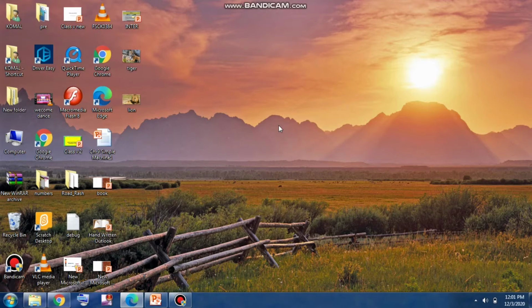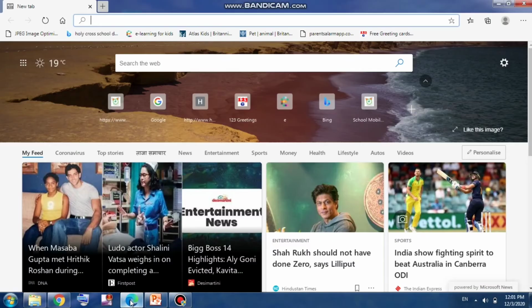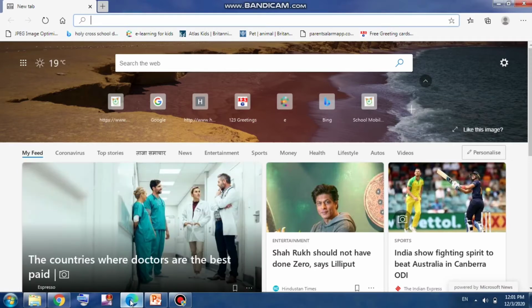Means by default Microsoft Edge opens the start page that displays various articles from the World Wide Web. Like if I open this Microsoft Edge, as you can see, something like this will appear. This is some other information, some other article which is from the World Wide Web, but we can change this